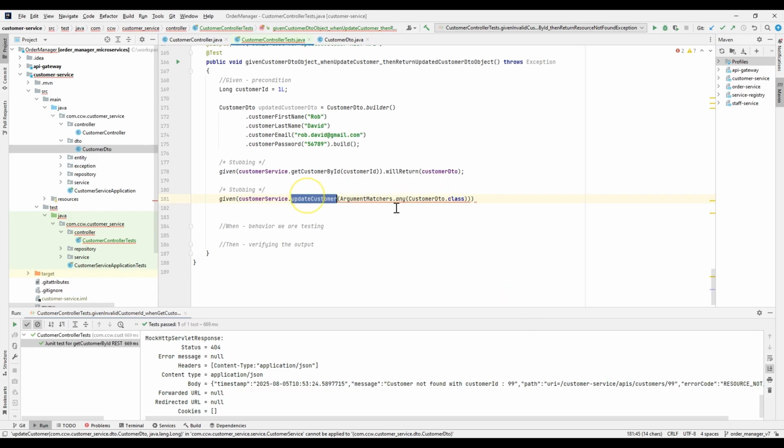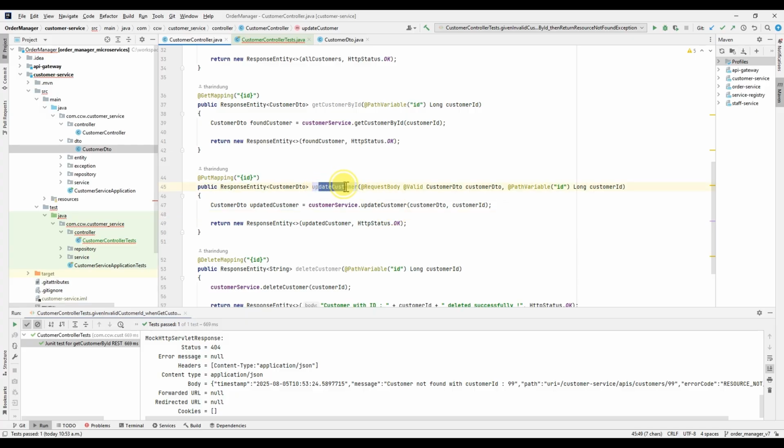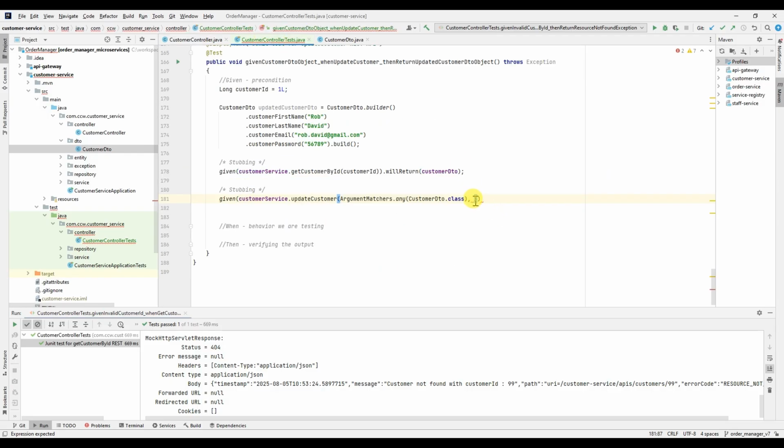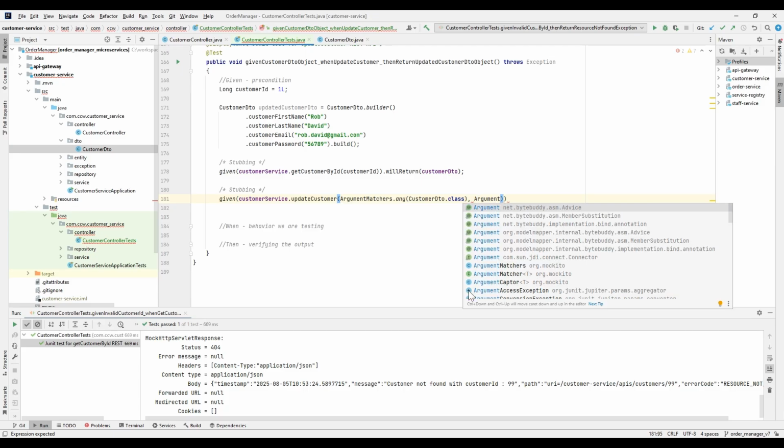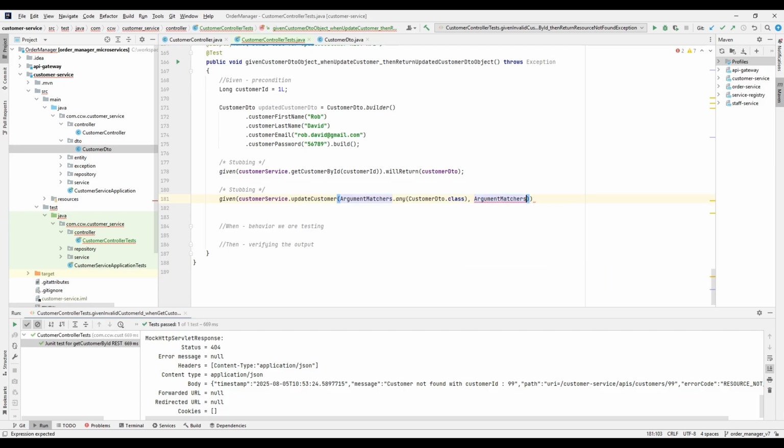And this update customer method takes two parameters. First one is the customer DTO object, and the second one is the customer ID of type long. So to specify the second parameter, we can again use ArgumentMatchers.any, and this time we can use Long.class. And then we will use the willAnswer,